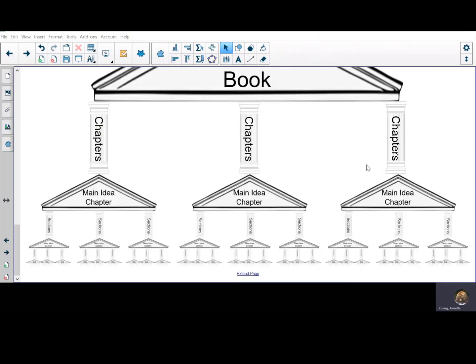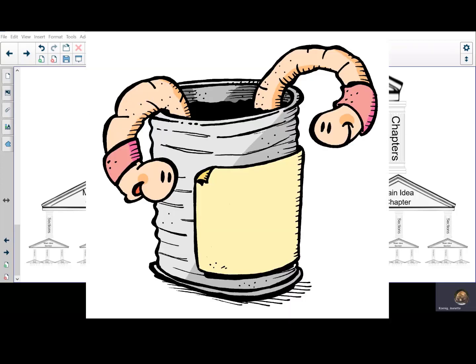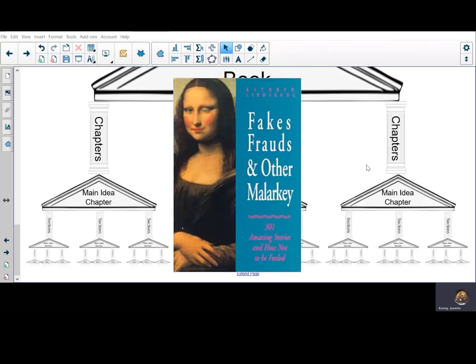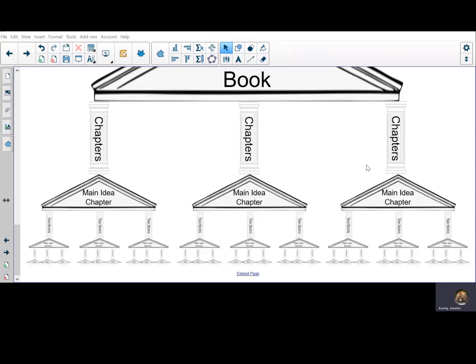And if you can read the book and know what the main idea is of the book and all the chapters, then those are right because it's in a book? Well, that opens up another can of worms. Just because it's in a book doesn't mean it's correct. There are other considerations you're going to have to take to evaluate whether this book is believable or just full of malarkey. So if it's written right there in the book, it could still be wrong?